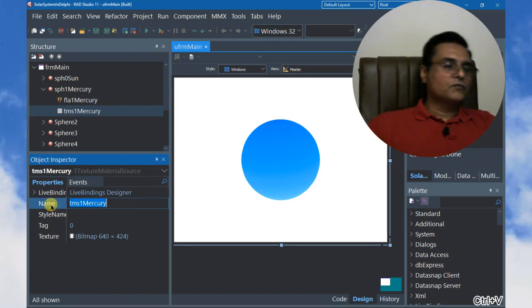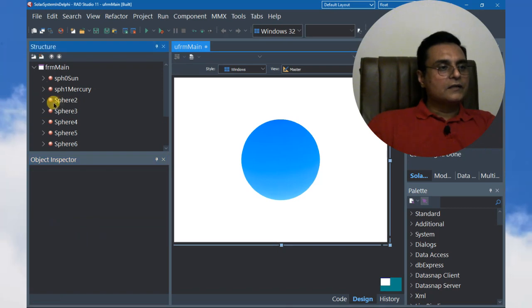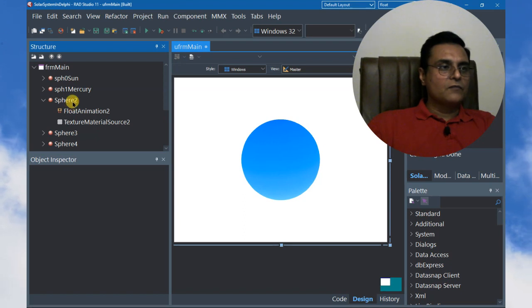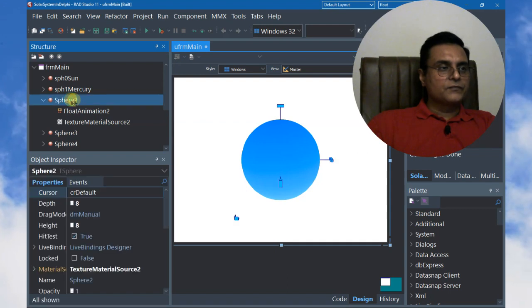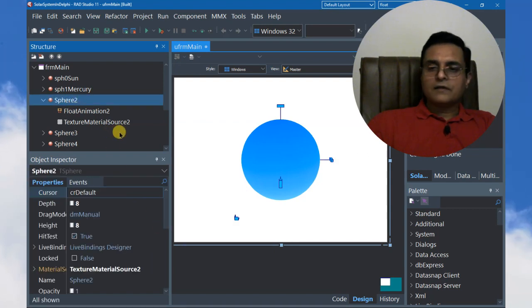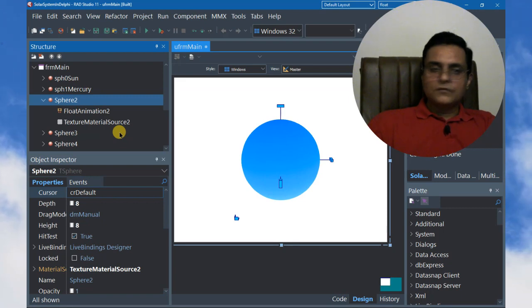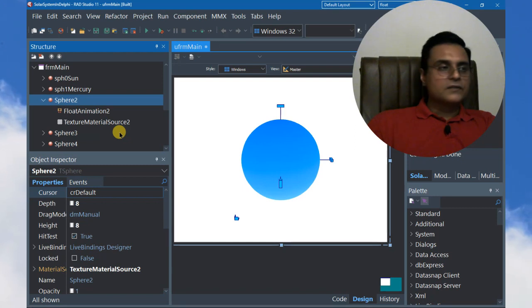So we renamed it. Let us rename the others also. Let us rename one together so that people who are slow in learning or who are new to Delphi can easily understand it. So the third object from the Sun, if we include the Sun as 0, is Venus. So its name will be